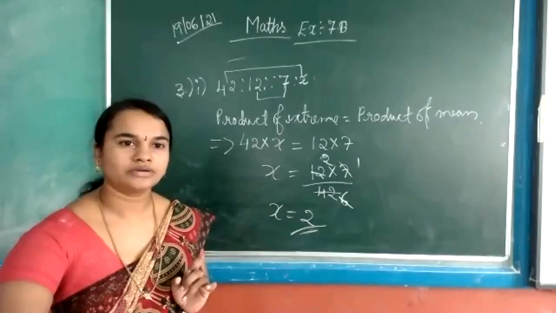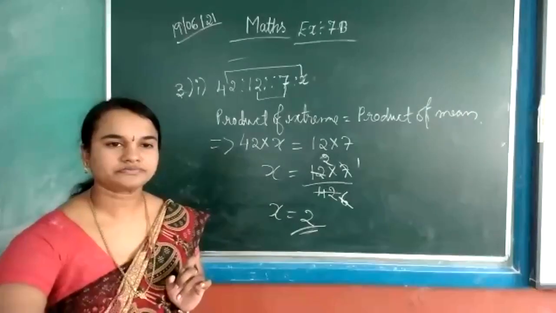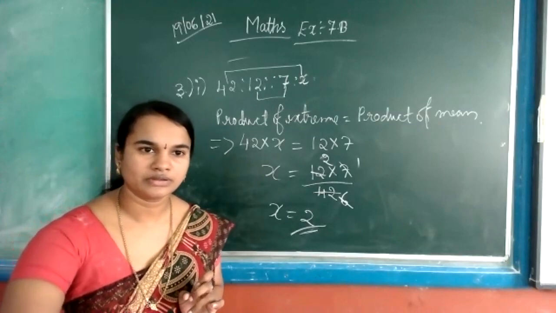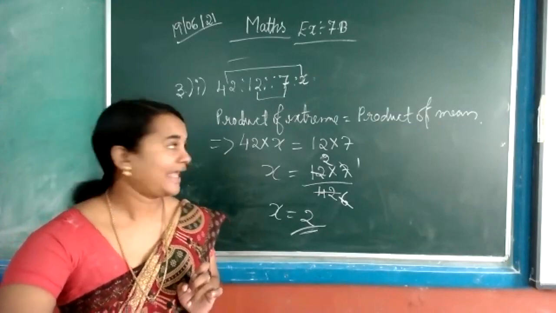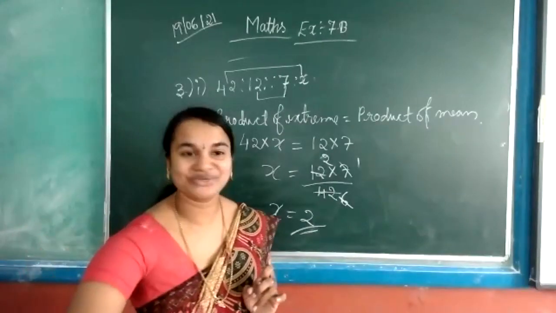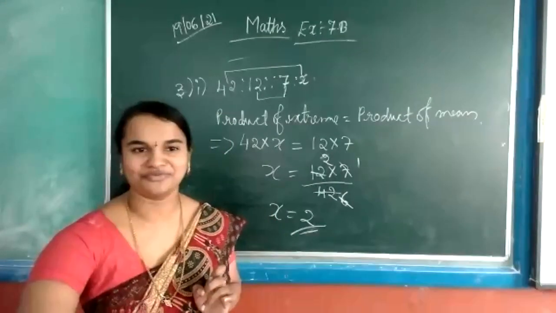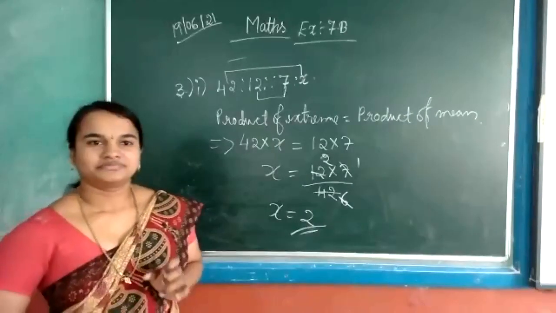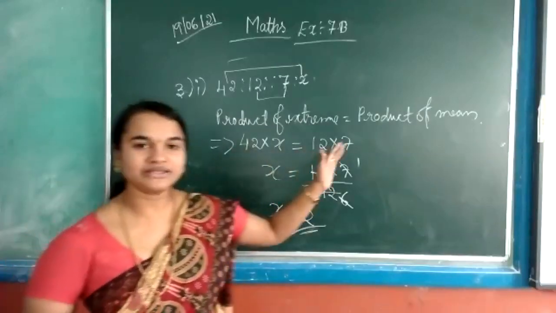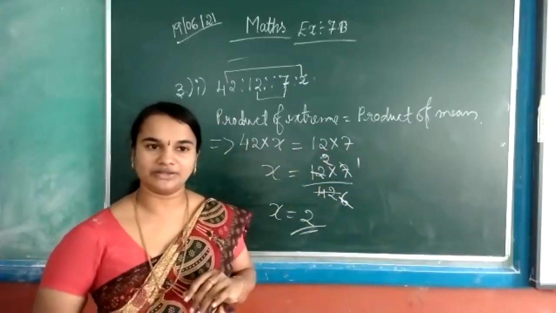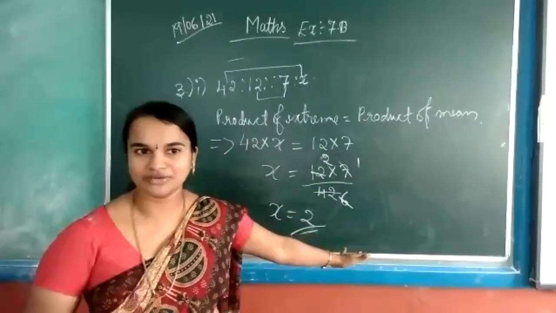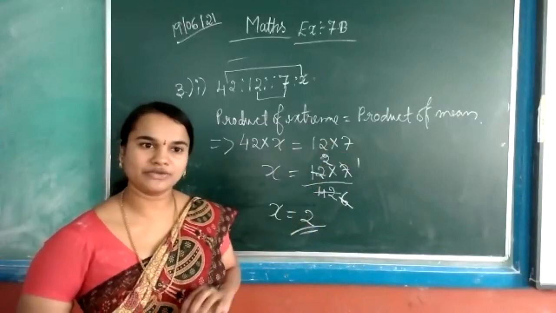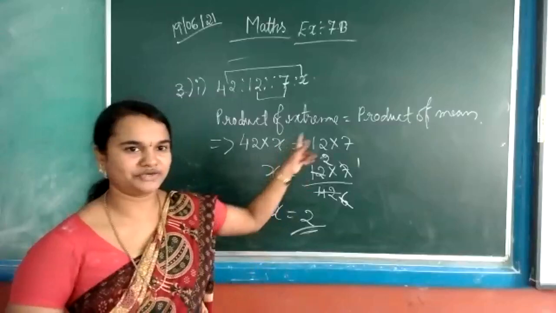Anubhav, your doubt? Yes. Good morning, Miss. Miss, we cannot write it directly extreme equals mean? No, we are finding product. So we have to write product of extreme equals product of mean. Okay, Miss. Anyhow, I'm simplifying the methods and directly giving them. Not all the detailed method I'm doing. Wherever we can reduce one step, that step I am reducing and giving. Okay, you have to write it in full.